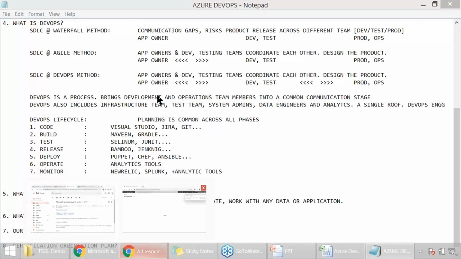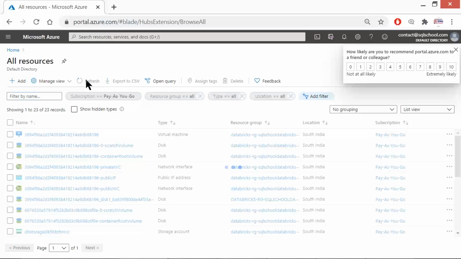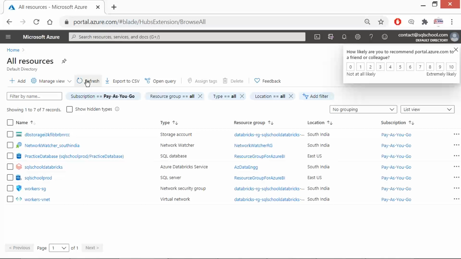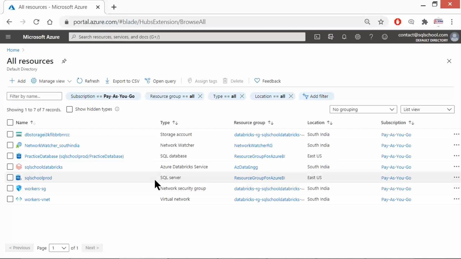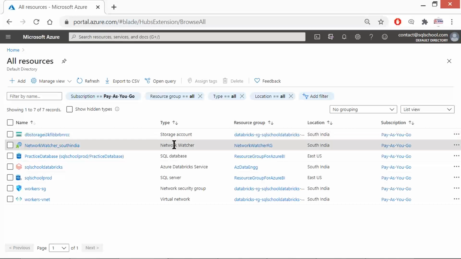For example, on my screen, we have the Azure environment, something like this. And we can have some storage operations, network operations, or process operations like DevOps.